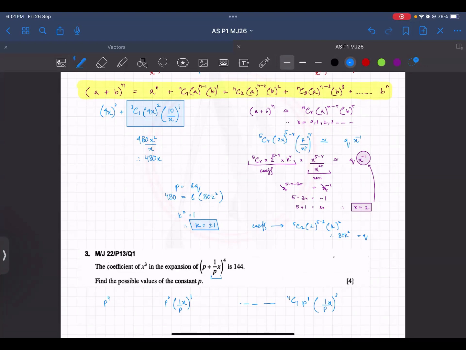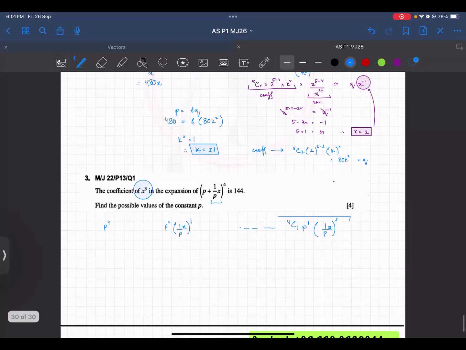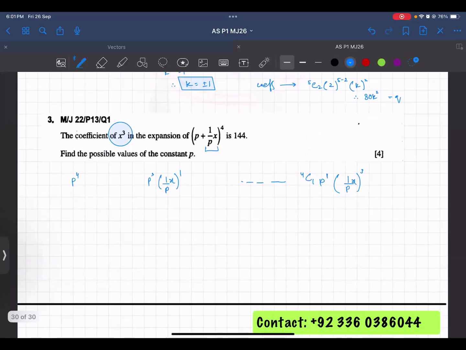And the power of the second term, 1 upon px, there was no 1 upon px in the first term. Then it becomes 1 upon px power 1, then power 2, then power 3. So I only want this thing, because after simplification this will get me the coefficient of x cube. So you used cleverness, saved your time, and logically, mentally, you found this. Now if you simplify this, 4c1 is 4 p, 1 upon p cube x cube,